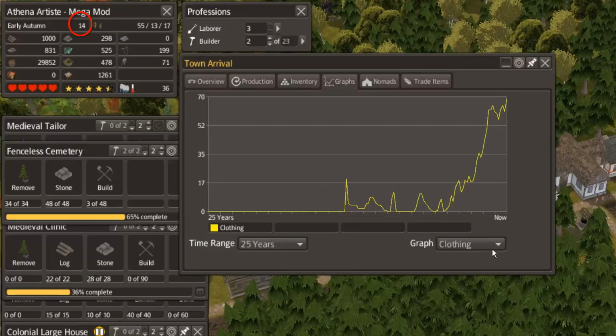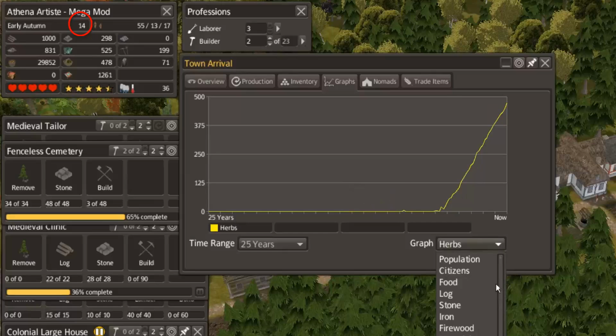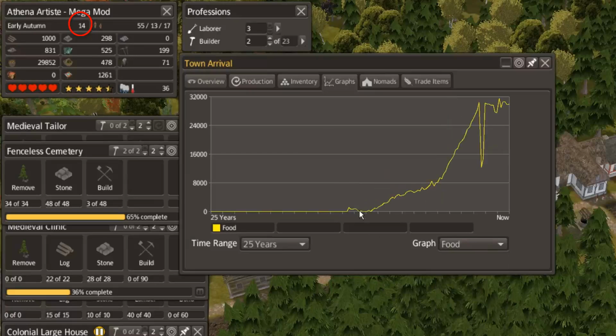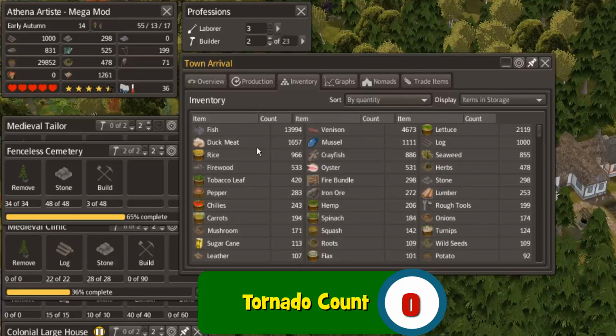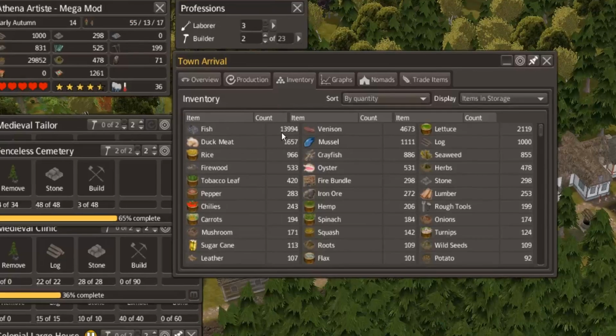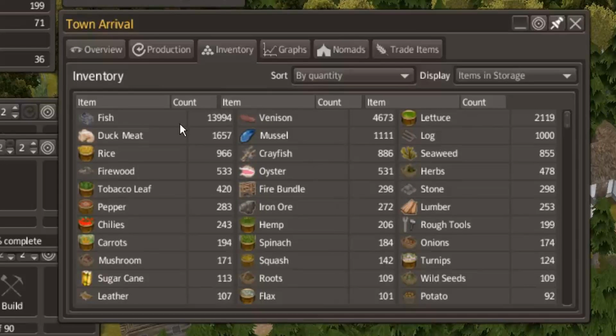And this, of course, is all reflected here in the graph with herbs, tools, and then food. And we have made significant progress in getting some of these things under control. For example, fish is starting to come down, but I'm going to let that go for a while before I put anyone on the fishery because, well, I'd like to get it down back under 10,000